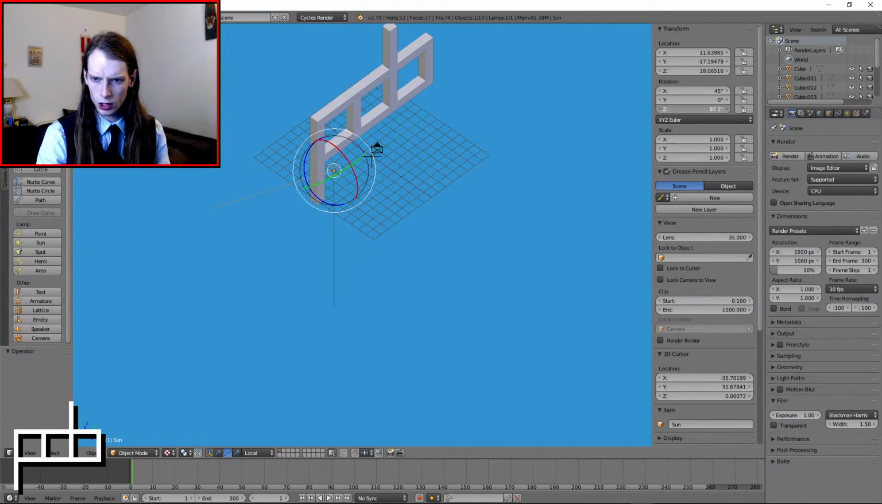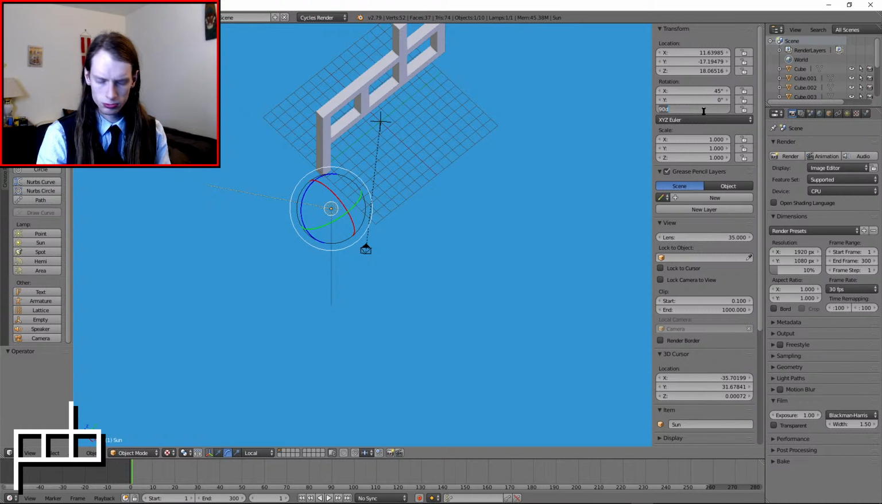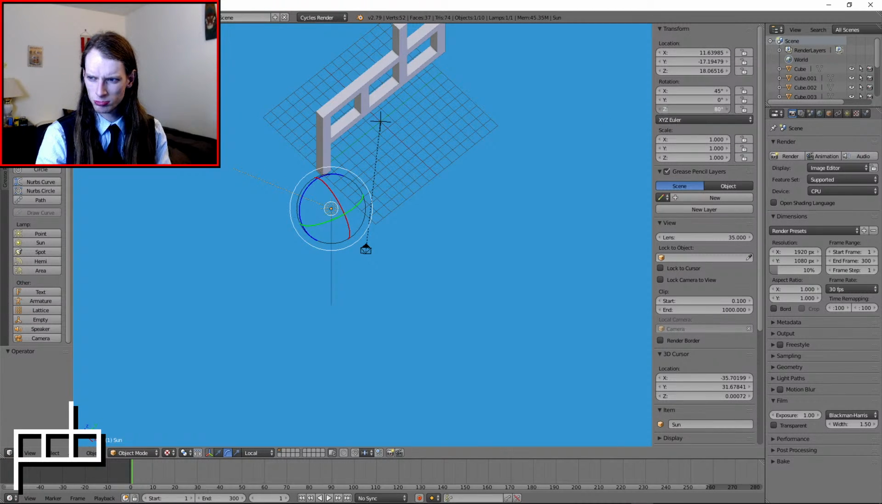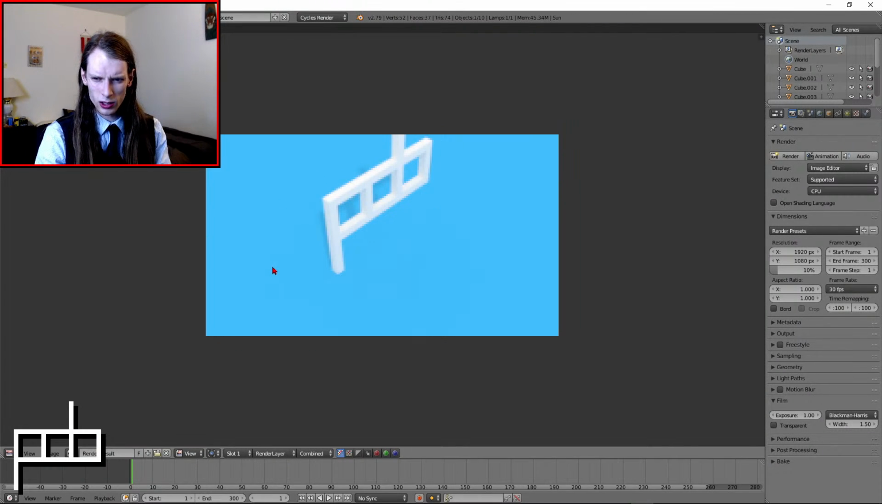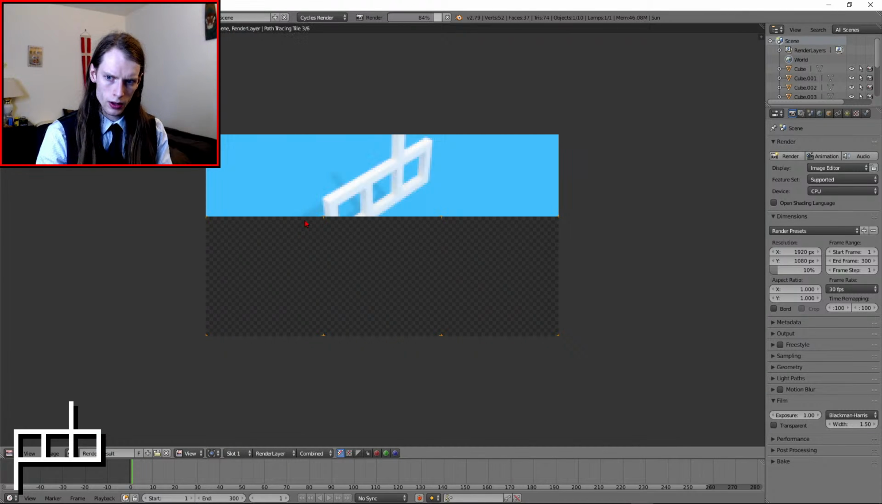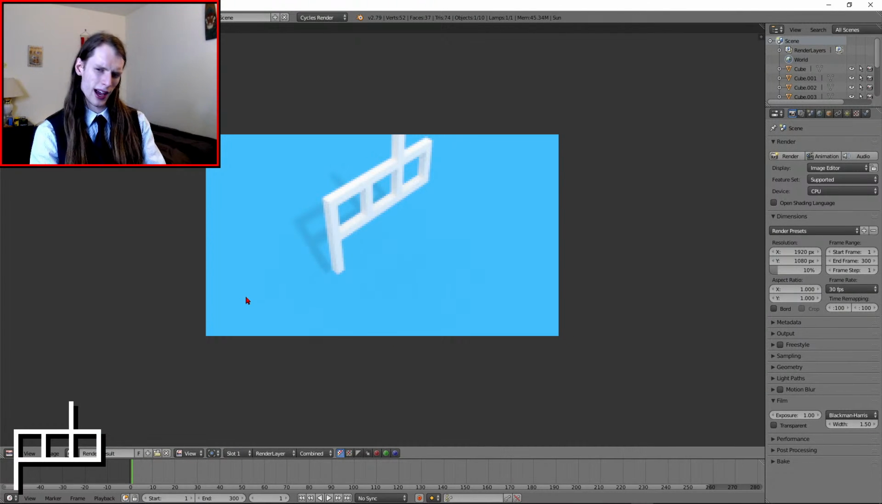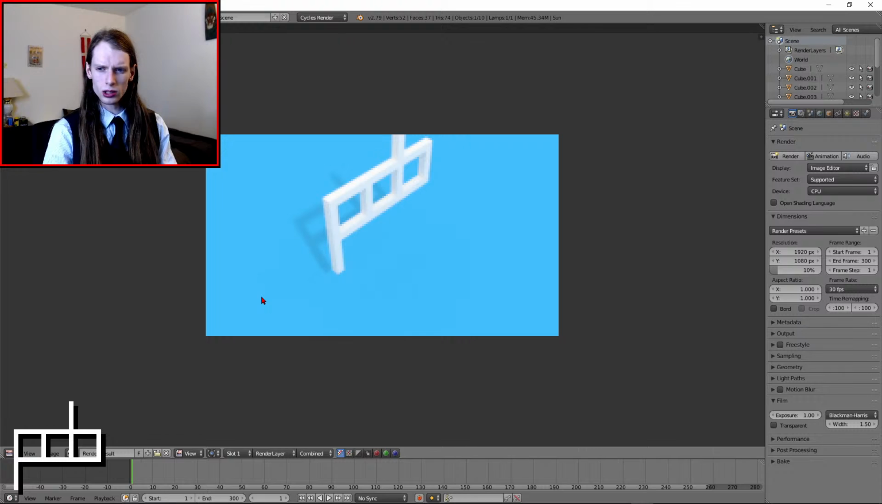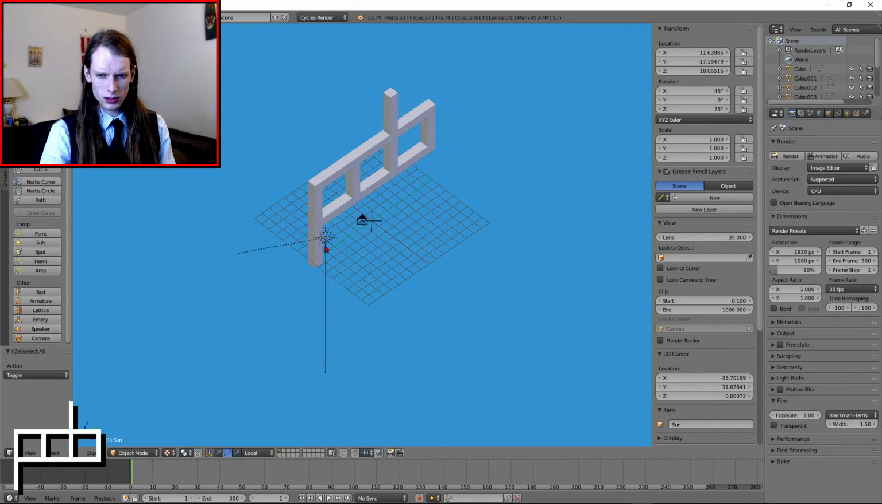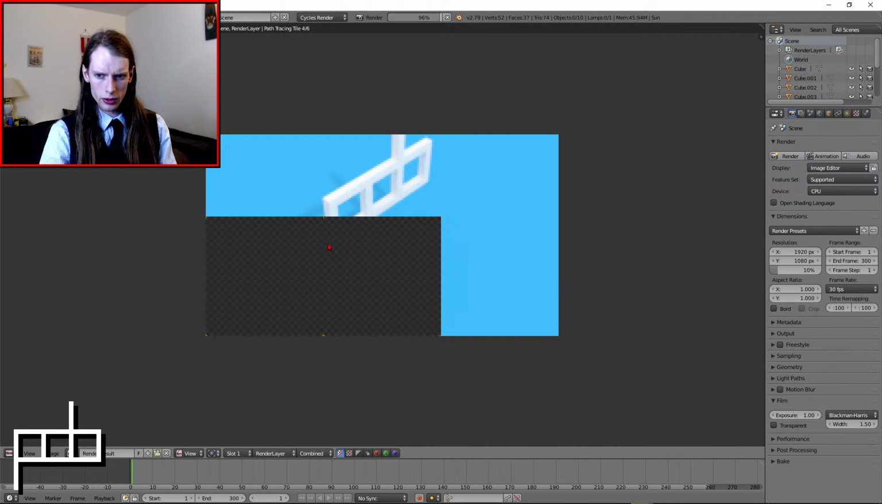Oh great, gimbal lock. That's nice. Hopefully we can find a sunlight angle that looks really good. I think it's maybe like that. That looks kind of good. These things are going to be layering on top of one another, so